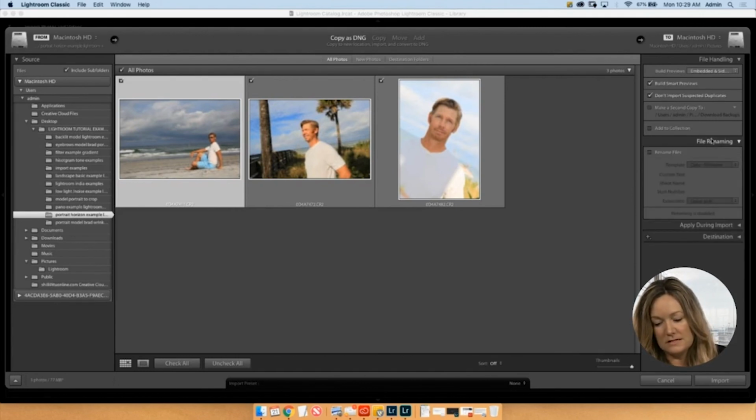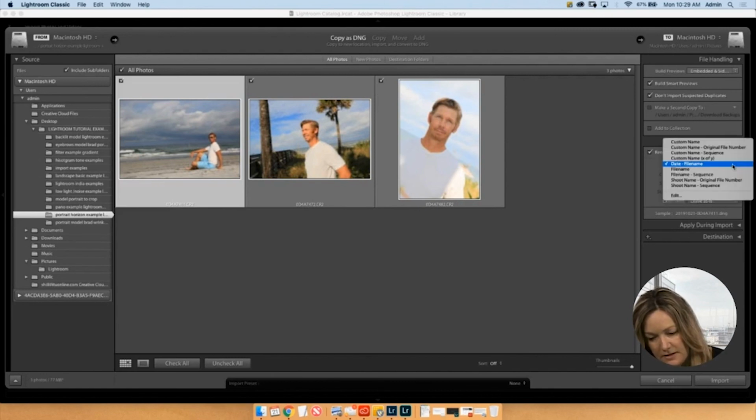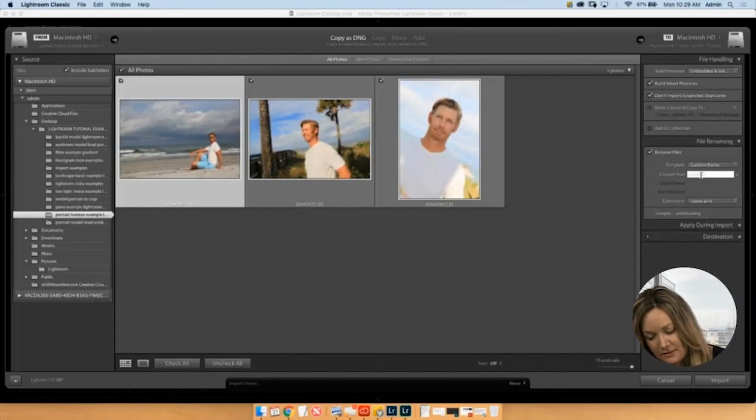Let's click on this arrow here, File Renaming. If you'd like to, from the start, when you're importing these images, rename them to categorize them to make your search for these images just a little easier, then you can click on this File Rename checkbox here. And you can click on this template, and there's lots of ways to do this. Right now it's under the date. You can scroll up to custom name. If you come up here to this custom name tab, you can always change your text and create a custom name for these images. Let's just say